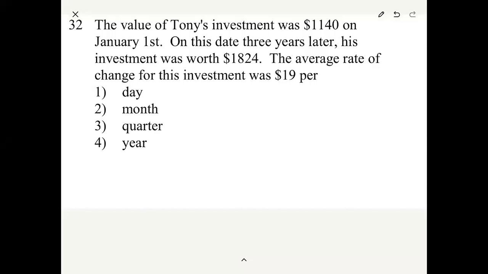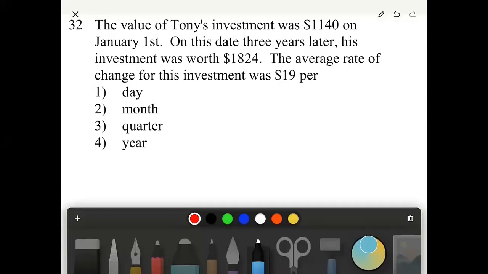It says the value of Tony's investment was $1,140 on January 1st. And then 3 years later, his investment was worth $1,824. So it says, what's the average rate of change for this investment? It says if the average rate of change for this investment was 19 per, now we have to find out